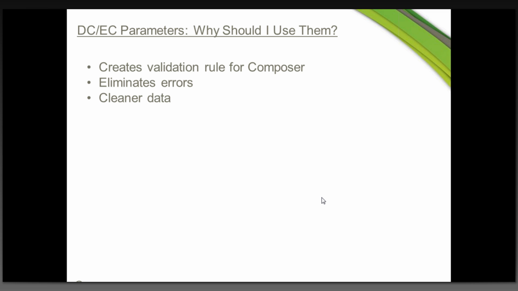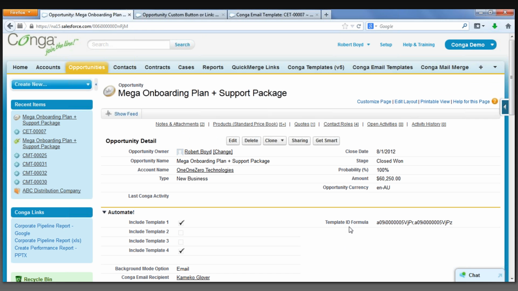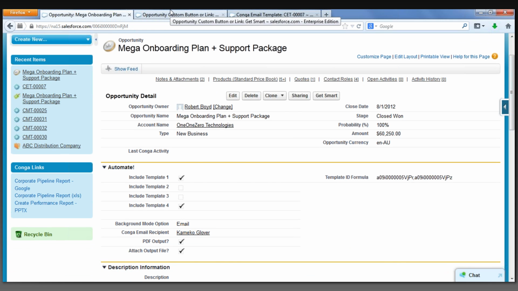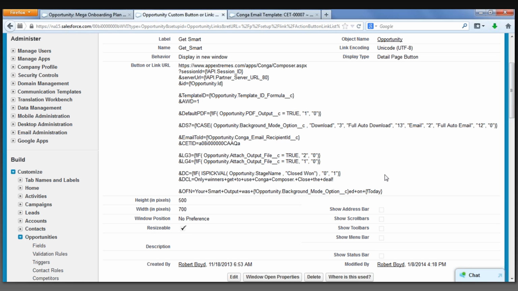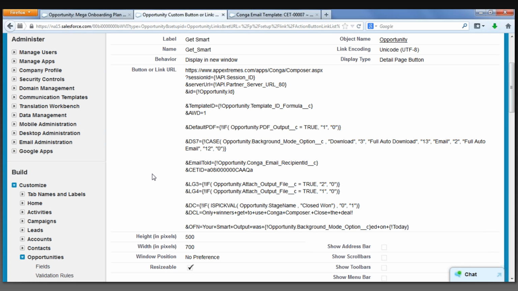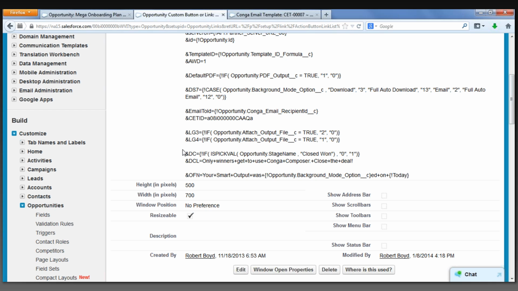So let's go take a look at our button, and let's go see how these parameters are working. Back here within that exact same custom button we're working with, there's these two parameters down here. I've chosen to use DC in this case. So DC is looking at an if statement here. And this if statement is really looking at our opportunity stage to see what value it is. And if it's closed won, then it provides a value of 0, meaning that DC equals 0 and Conga is not disabled. But if it's anything other than closed won, it's provided a value of 1 and Conga is disabled,